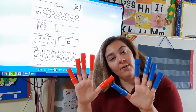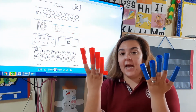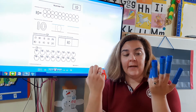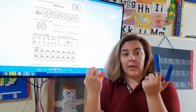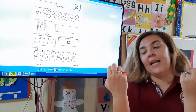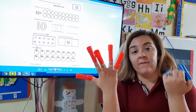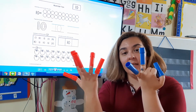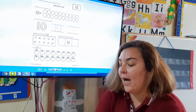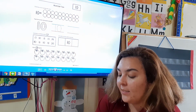How many fingers do we have on our hands? 10 fingers. Let's count backwards. 10, 9, 8, 7, 6, 5, 4, 3, 2, 1. I have no fingers up, so let's count to 10 again. 1, 2, 3, 4, 5, 6, 7, 8, 9, 10. Good job. So now you are going to be working on counting the number 10 as well as drawing the